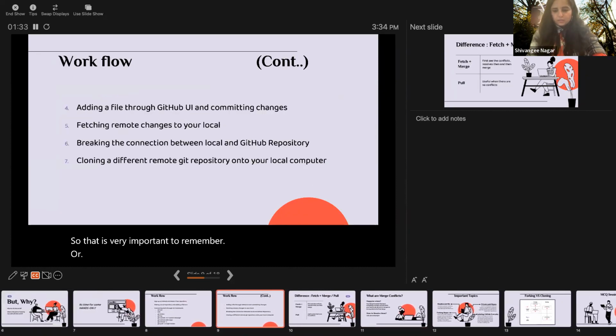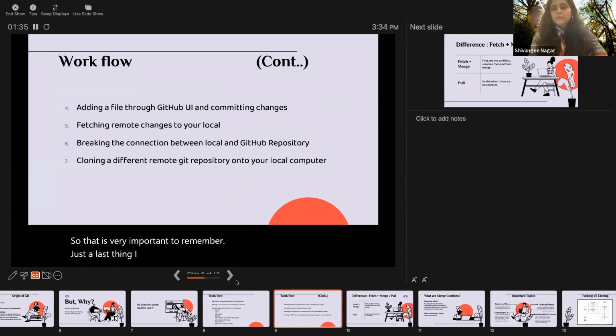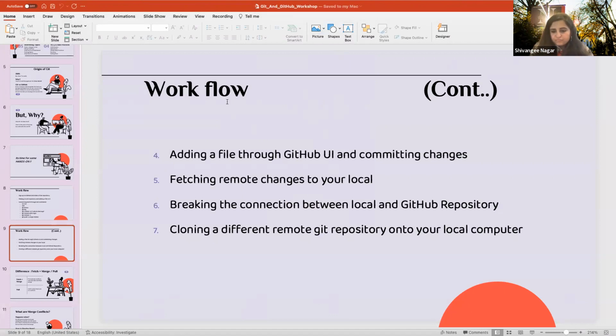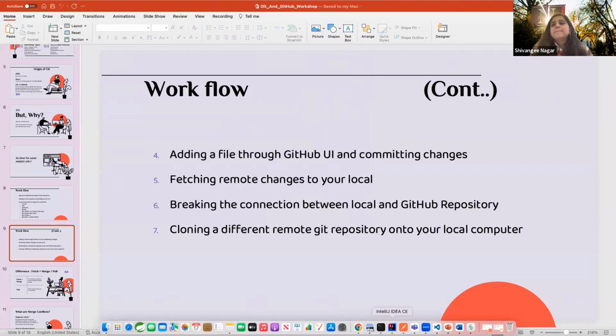Just a last thing I wanted to show you over here. You can see my terminal, right? Since this particular repository is connected to my remote repository, I also want to disconnect these repositories from each other, because I might want a different connection for that one or this one.